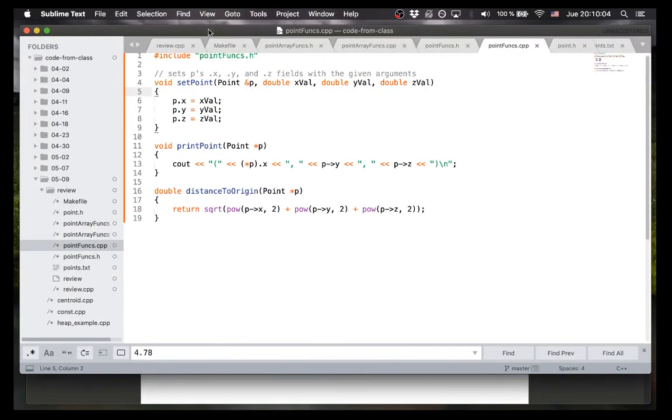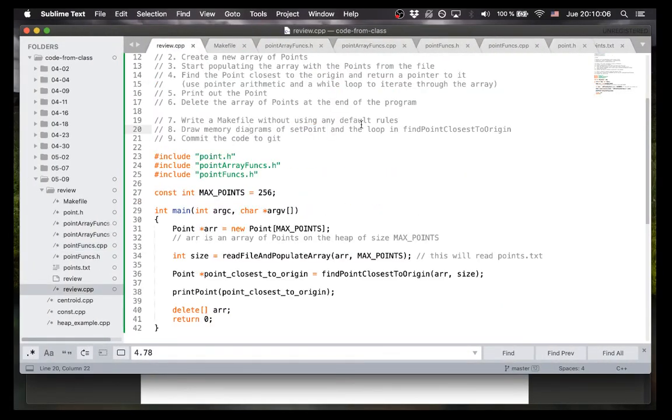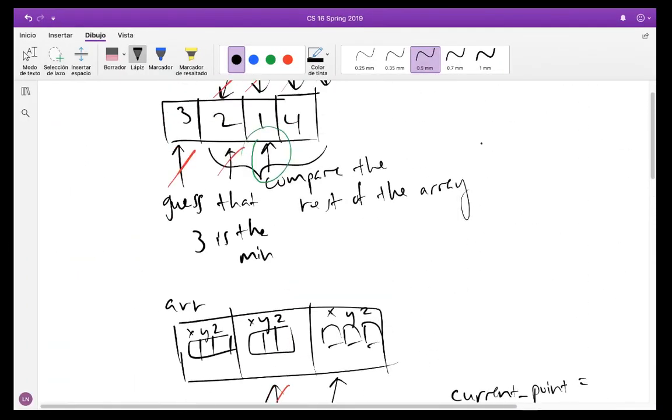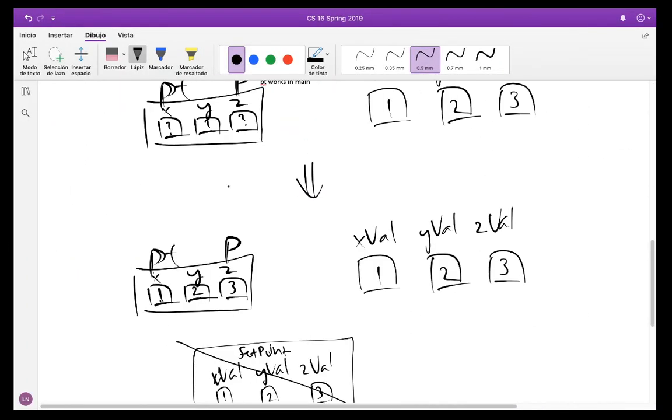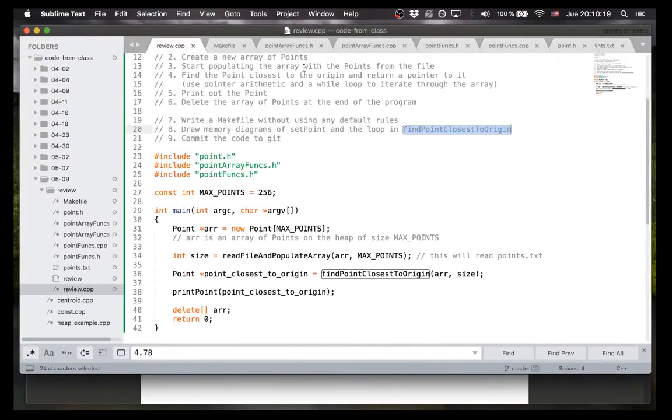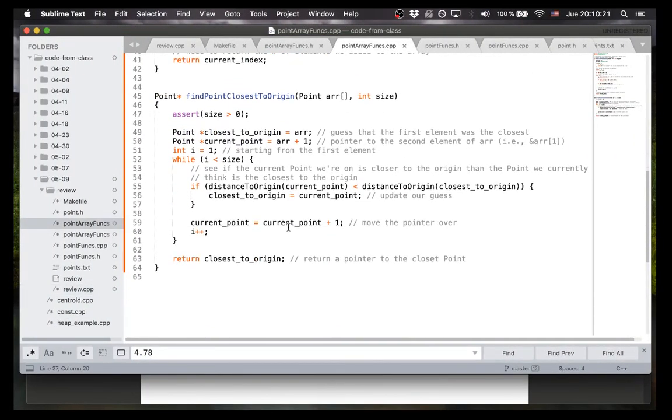Okay, so that happened. And I think that's a good diagram for that. And then also, let's walk through how find point closest to origin is working. So what I did up here, it's very similar to this min operation, but I want to go through this in more detail. So here's the function, find point closest to origin. We have a bunch of different things working. So on the stack,